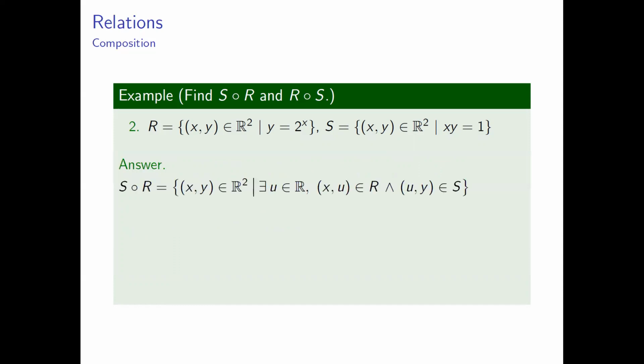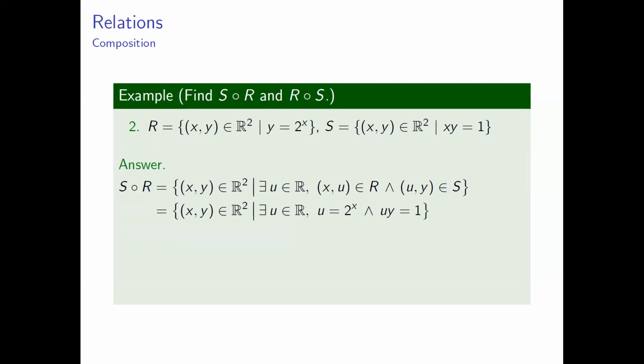The composite relation SR consists of all ordered pairs xy of real numbers with the property that for some real number u, the ordered pair xu is an element of R, and the ordered pair uy is an element of S. That is, for some real number u, u is equal to 2 raised to x, and u times y